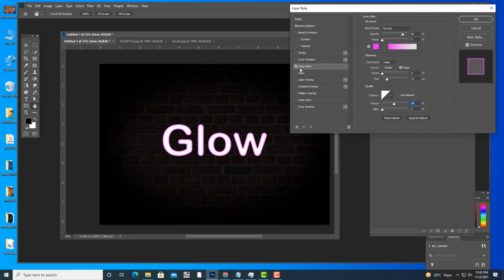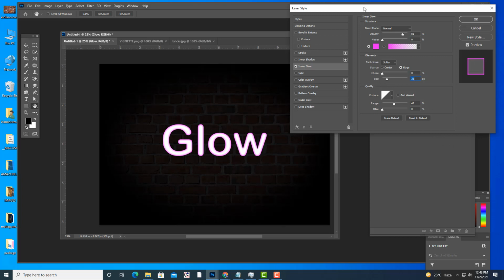Okay, inner glow is complete. Now we will go to outer glow. Okay, see, outer glow means outside. Okay, and one important thing I want to tell you in inner glow. See, make sure that the pink color is only on the edges of the text. That white should be there. White color should not disappear. Some people, I will tell you what they do. Some people will try to increase it so much that you can't see the white. If you can't see the white, you will not get the realistic neon glow effect. So always make sure that the size is not too much. So make sure that the pink color is still showing.